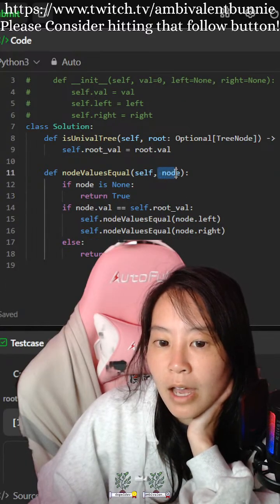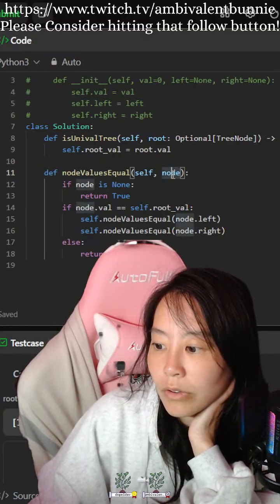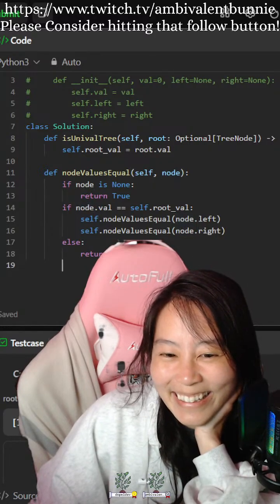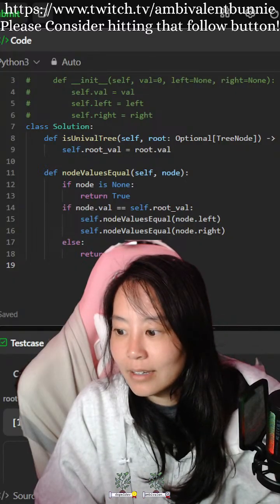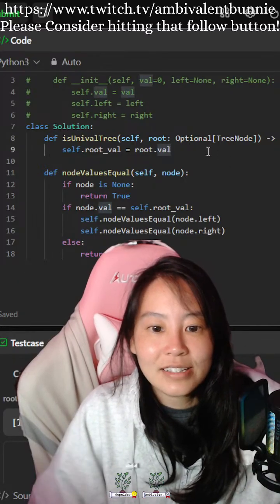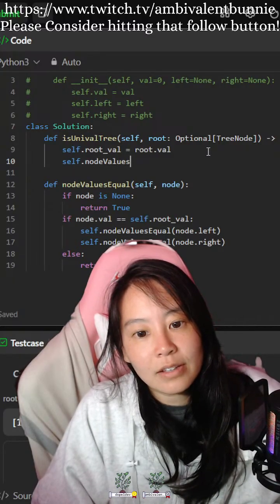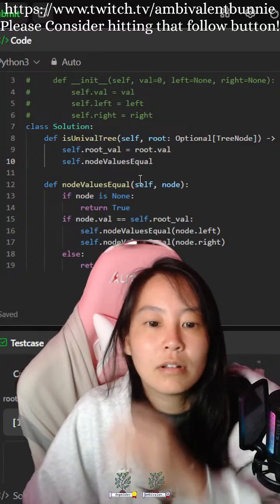What do you mean? I have the node. And then no. Not yet. Okay, so then we're going to do self.node values equal.